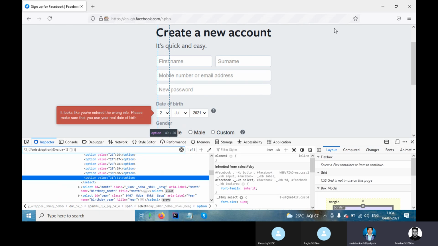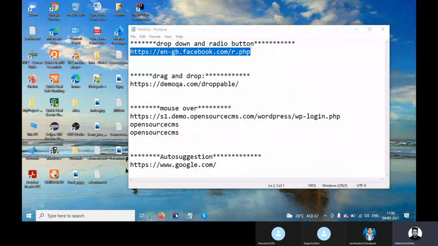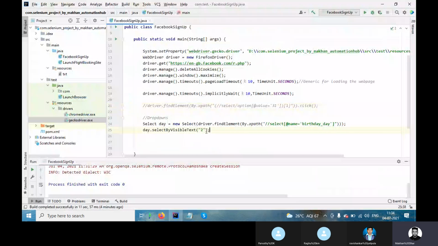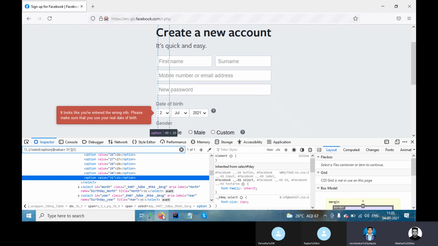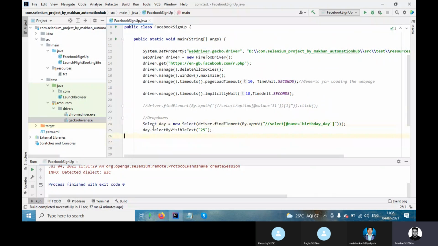But this is not a good approach, because it would be lengthy. I want to check for 25, just add 25. I am not worried about the XPath, because this way you have to make the changes. But using select class, you can easily interact with the drop down. That's why Selenium introduced the select class so that you can select anything.